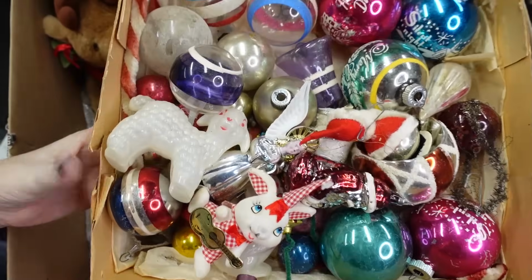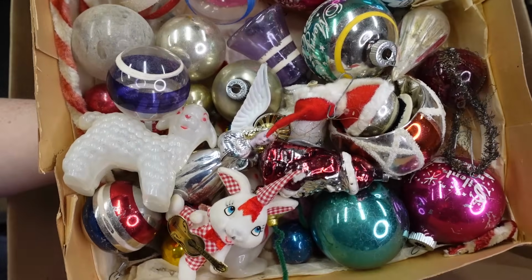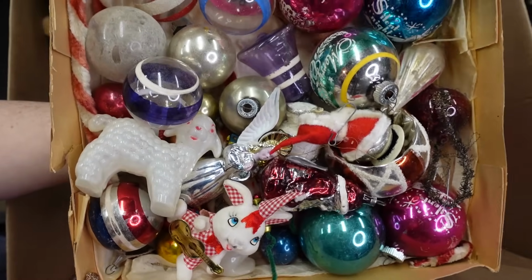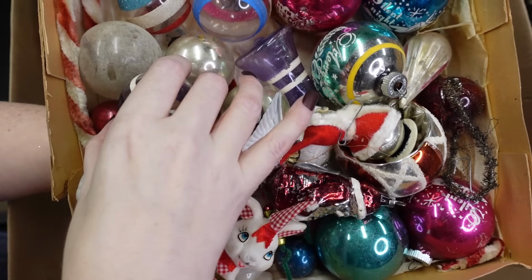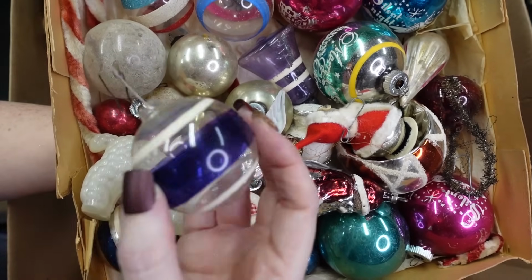And then I also had him pay up for this box, and I don't even really know what all is in this box yet. So I'm going to go through it a little bit with you guys, but he did pay $50 for this box. Now this box has some of these ornaments in it, and they call,